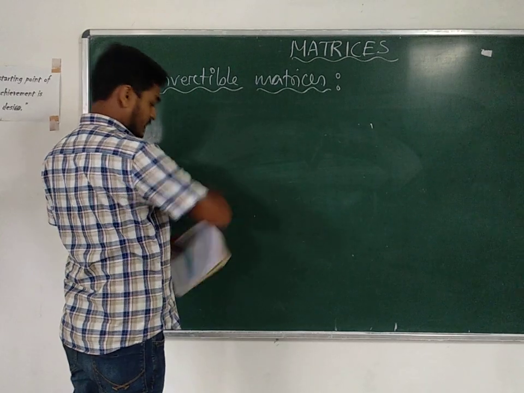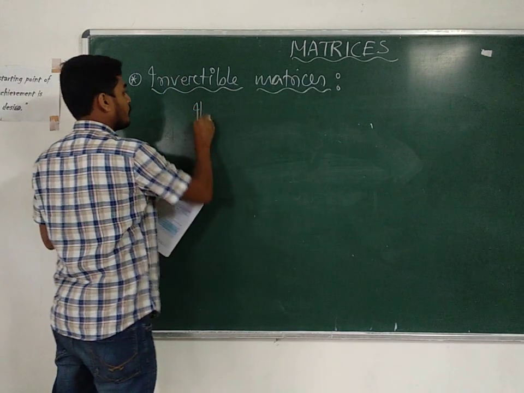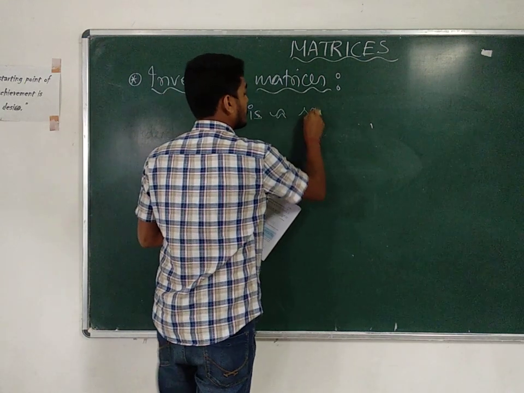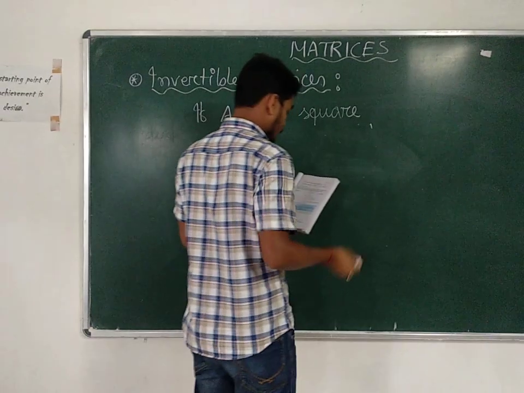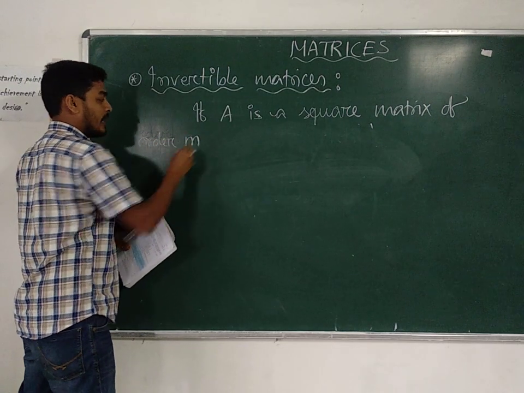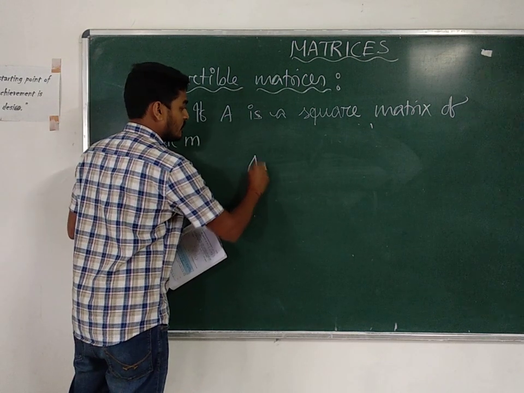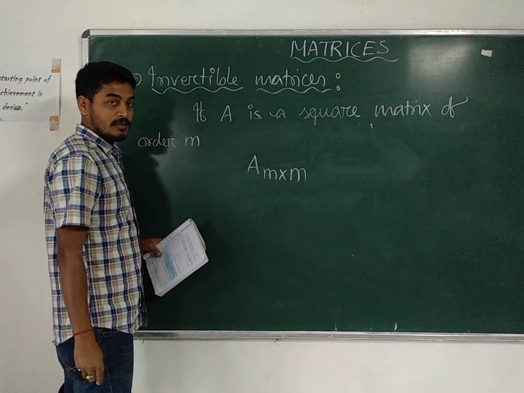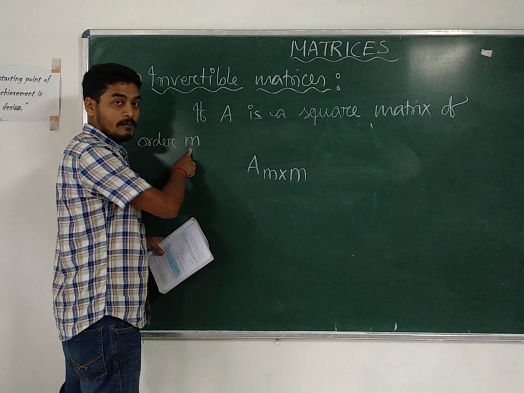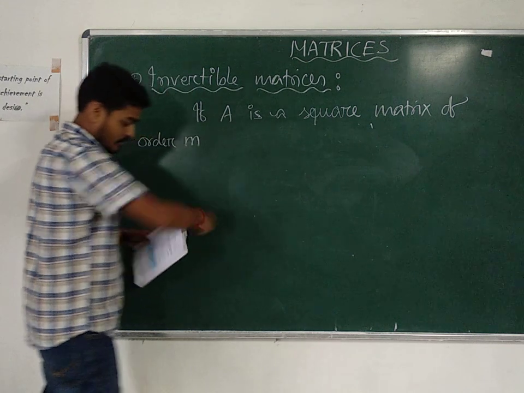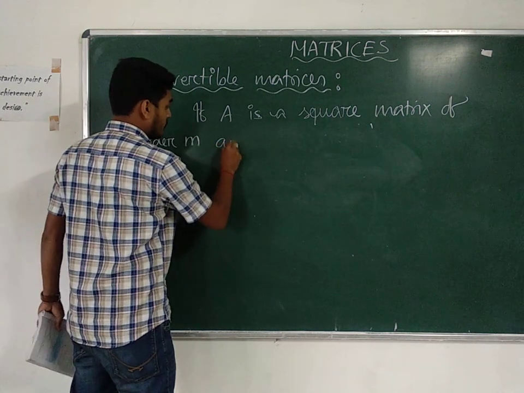So what is the definition of an invertible matrix? I am going to write it down. If A is a square matrix of order n. Remember, in the case of a square matrix, what does it mean? The number of rows is equal to the number of columns. That's why whenever you mention the order of a square matrix, you have to mention only one symbol, n, meaning the number of rows equals the number of columns. That's why we write A is a square matrix of order n. Okay? If A is a square matrix of order n, and if